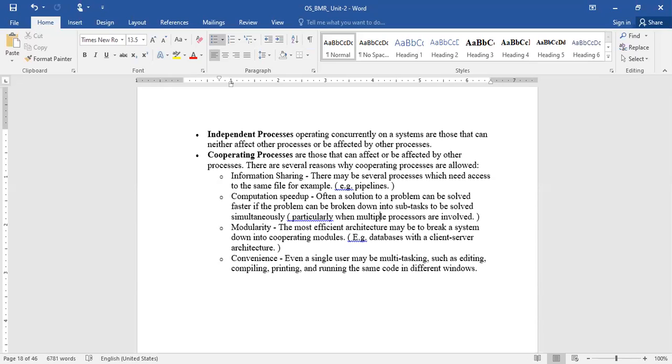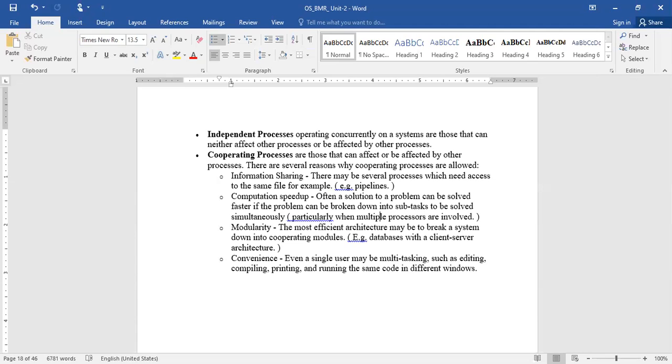If only one person looks after all these issues, it takes a lot of time and is not efficient. So instead of executing it as a single process, if we make it into subparts and execute them simultaneously, the computation speed will be increased.